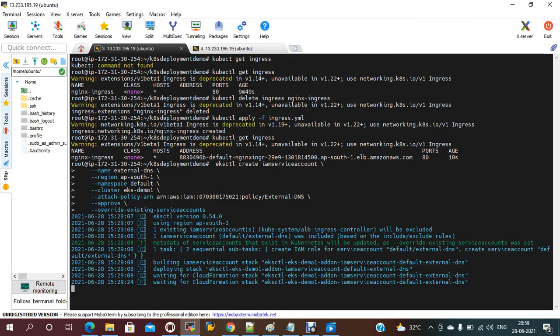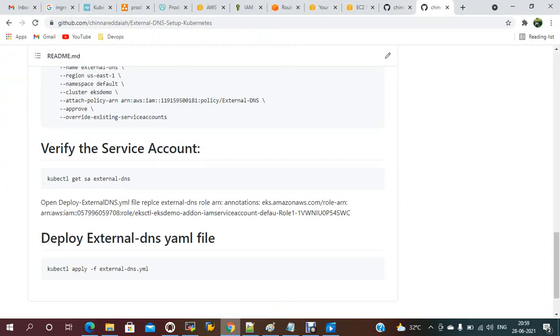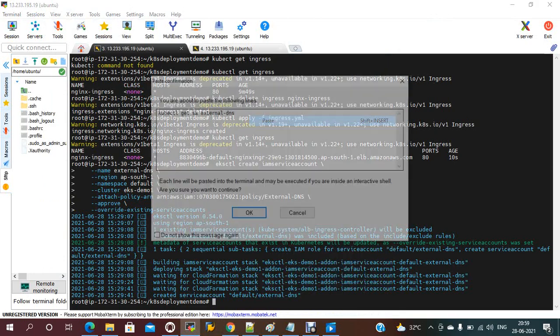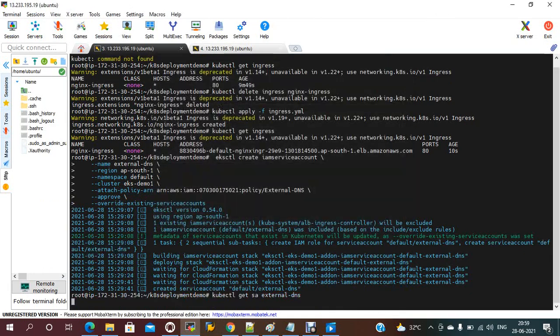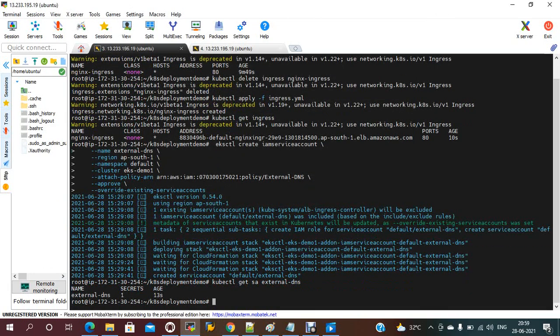This will take some time. Once this is done, you have to verify. If you want to verify, you can verify this one. Now external DNS one is deployed successfully.